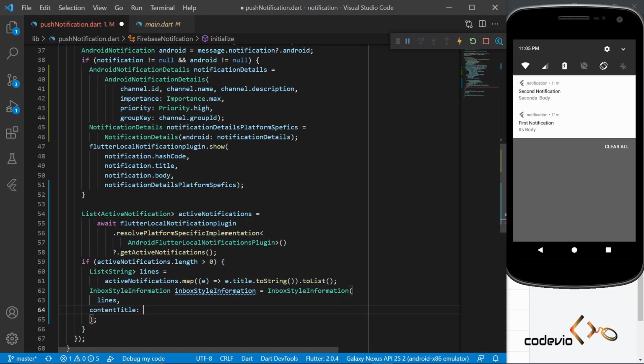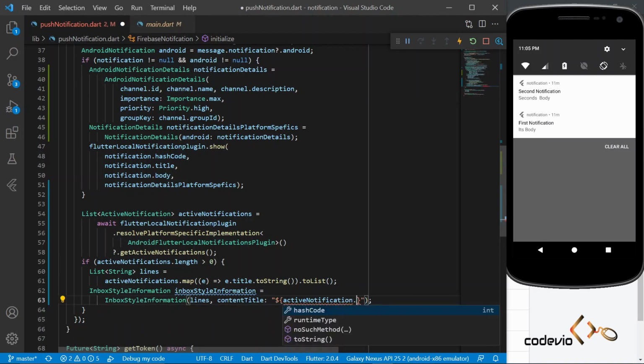It will be the content title that's shown in our notification, and let it be our active notifications dot length, so we can say that this many notifications will be there. That's our content.